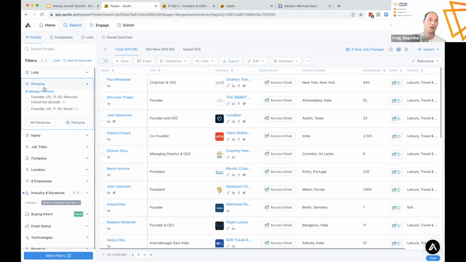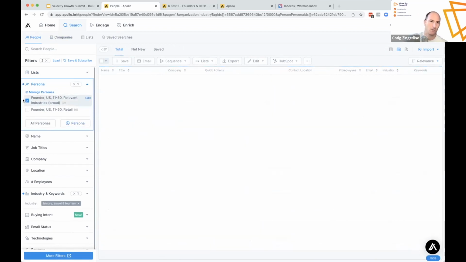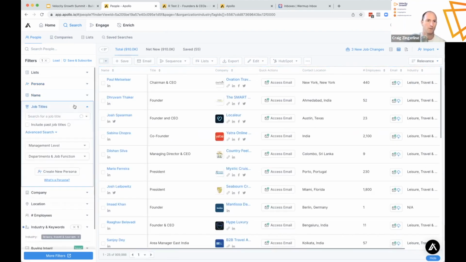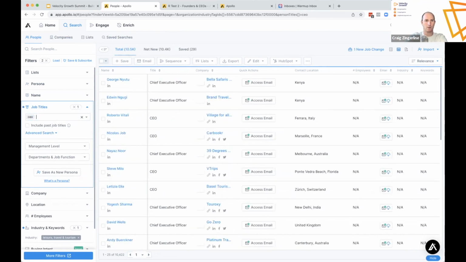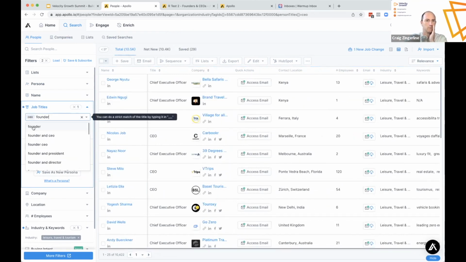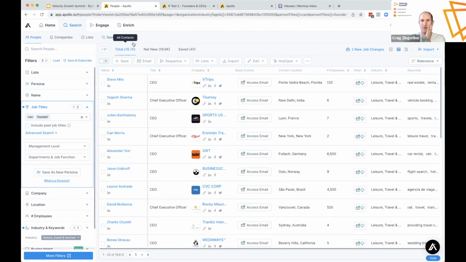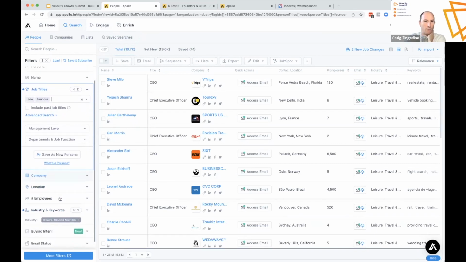founders? And by the way, you can also build personas right into Apollo and some of these other tools. I did something wrong when building this persona. I haven't actually explored this feature all that much. I usually just do it from scratch. But like, I want to find CEO and I want to find founder. Now there's 20,000. So we went from 900,000 to now 19,000 CEOs and founders in the leisure, travel, and tourism space. And then if I want to look at